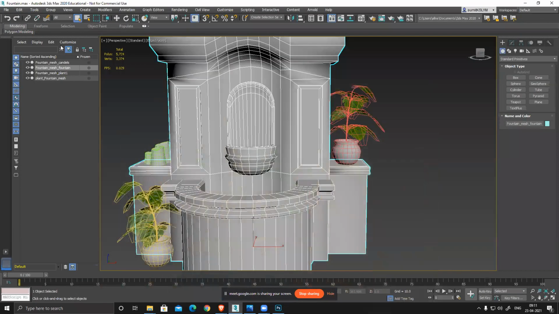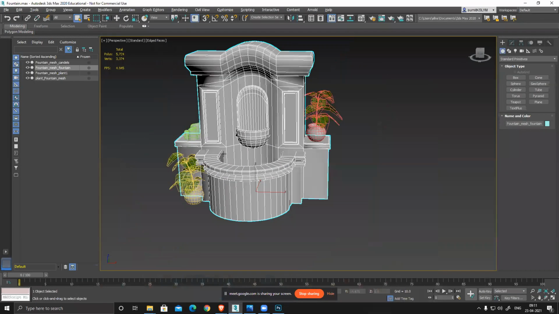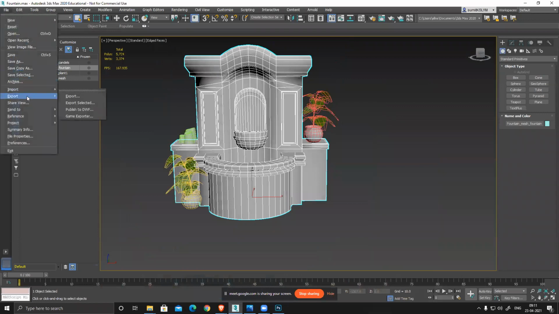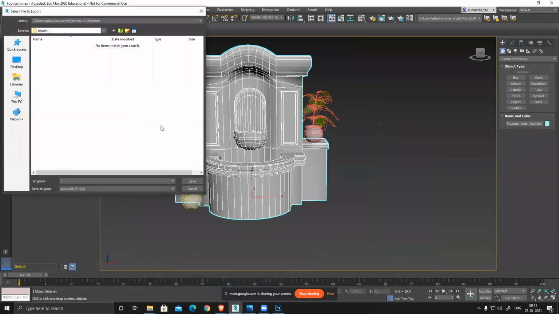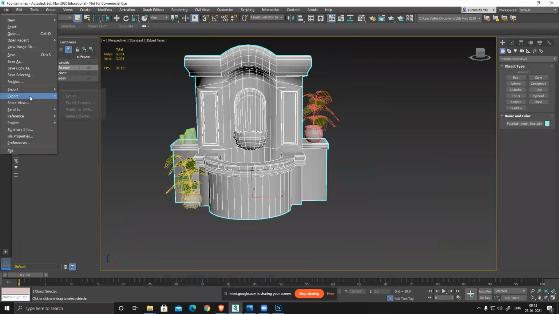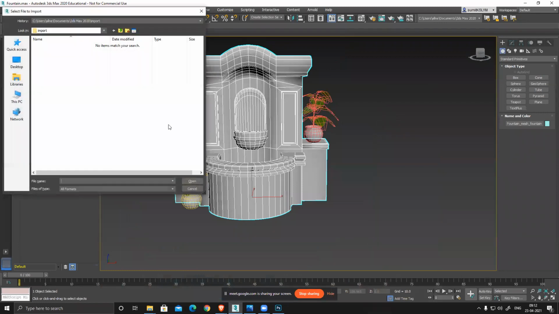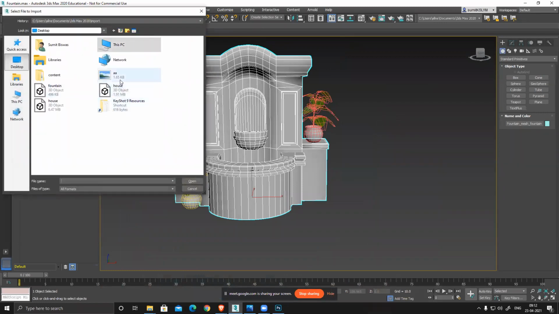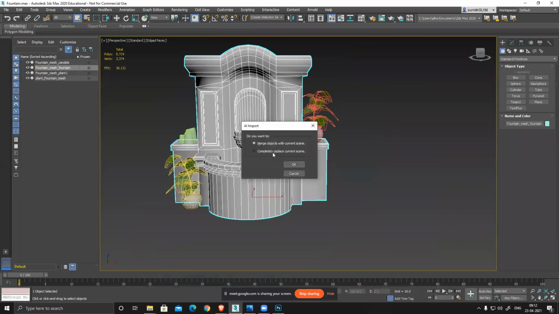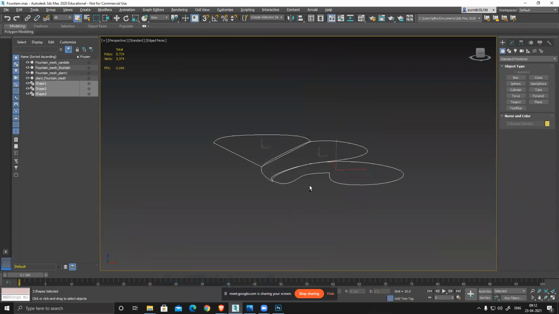Done. No, sorry, not export, import. Import, desktop, merge with the image and multiple objects, or I can use single object also. Both work perfectly. So let's use multiple object.